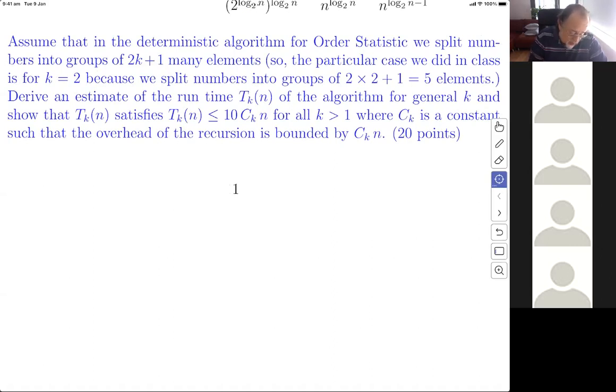And here you are asked to derive an estimate of the runtime of the algorithm for general k, and to show that this runtime satisfies that it is always smaller or equal than 10 times c_k times n, whatever, for all k bigger or equal than 1, and also to show that for k equals 1, the algorithm breaks down. So let us see